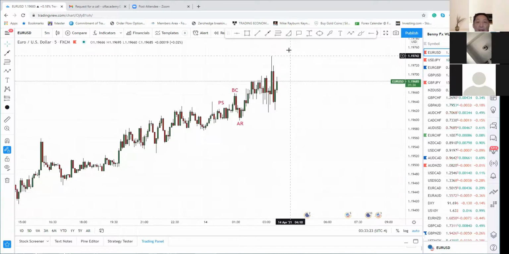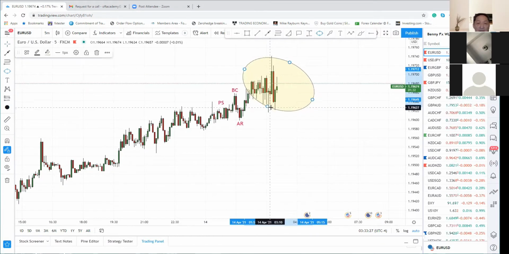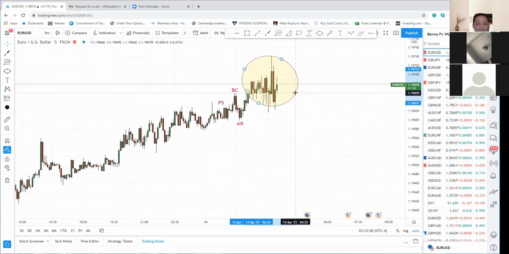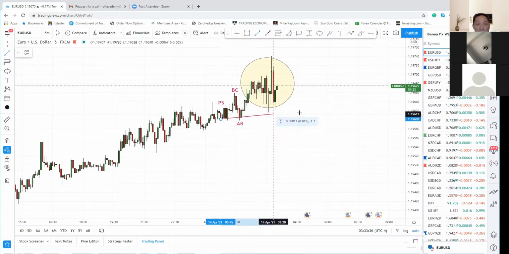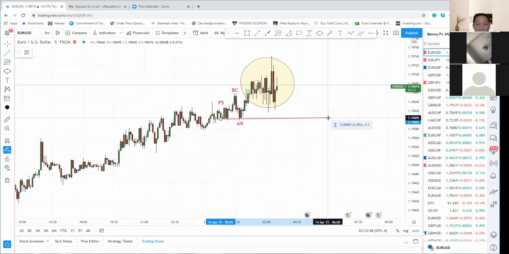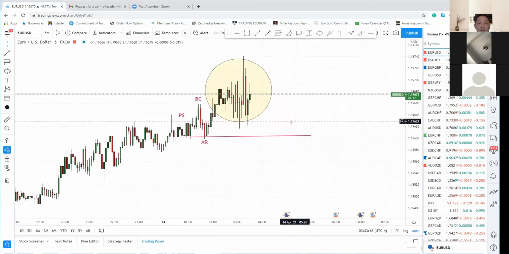preliminary support, right? So right now, if you say, for example, I'm not sure, all this distribution is very confusing, what you can do is wait until the price breaks below preliminary support. Anything above, you are not interested, right? So what you're going to do is wait for price to